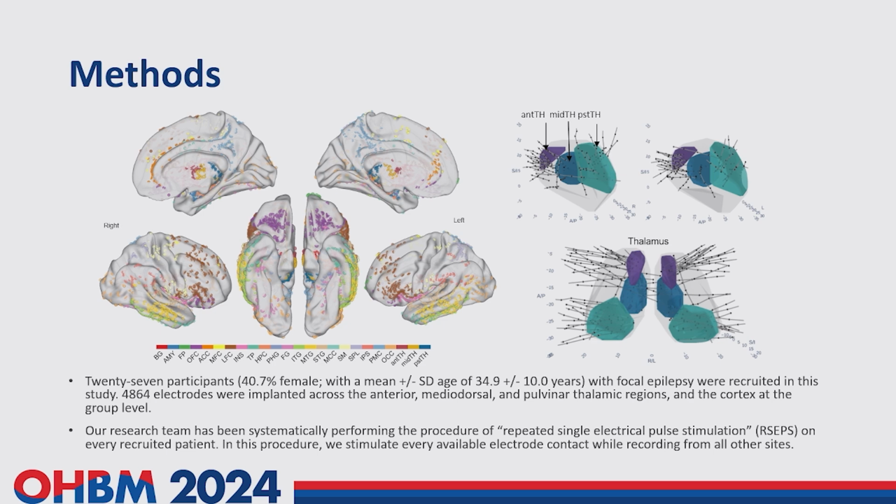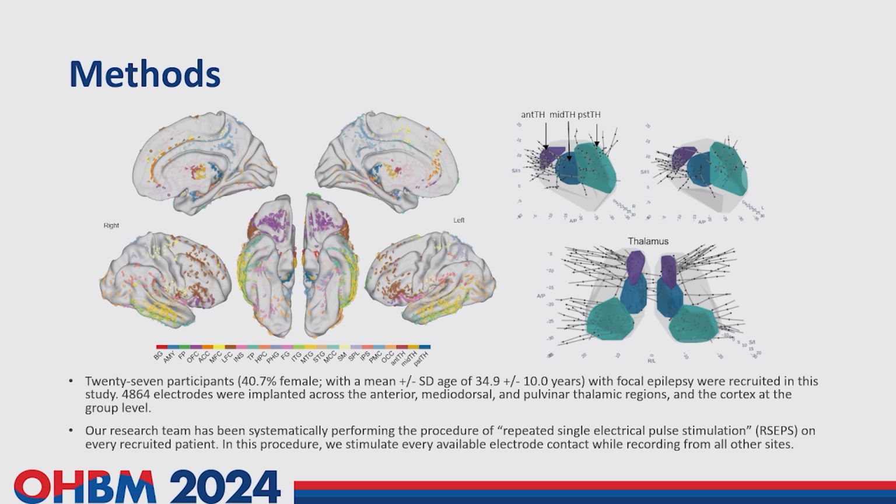And we roughly differentiated the thalamus into 3 different nuclei: anterior, middle, and posterior. The anterior roughly corresponds to the anterior nuclei, but it also has some of the ventral anterior nuclei. And the posterior nuclei, we are pretty sure, because it's a large structure, is the pulvinar.